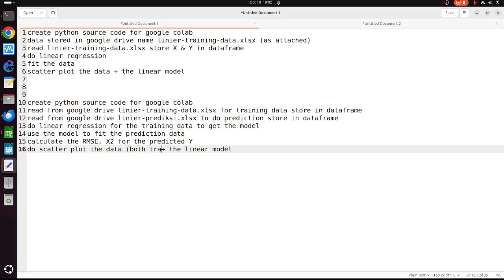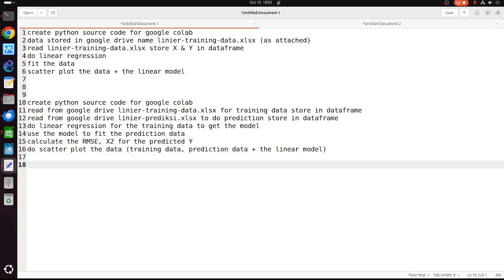Both the training data and plot the data, training data, prediction data, and the linear model. So we can plot three of them, hopefully. Hopefully this one works. So this one is important. Read from Google Drive the file, training data, and prediction file.